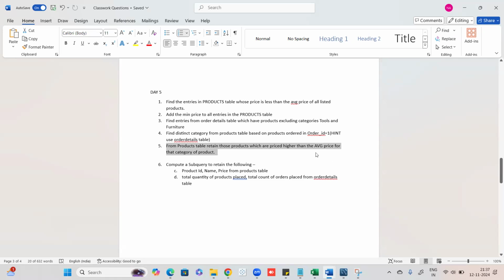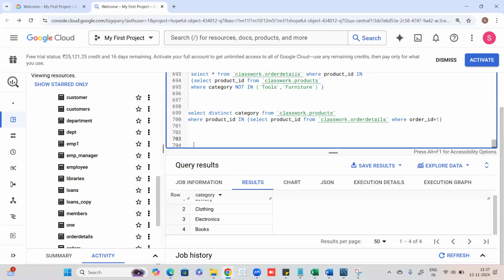Because this is going to refer to the average price group by category, we will have to use a correlated subquery. Okay. So let's write out the outer query first. Select star from